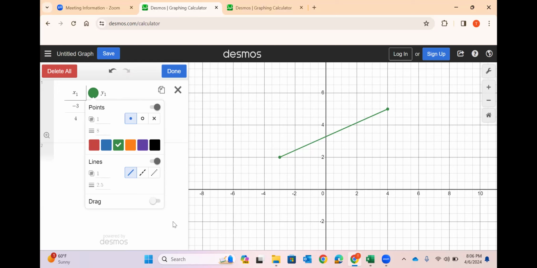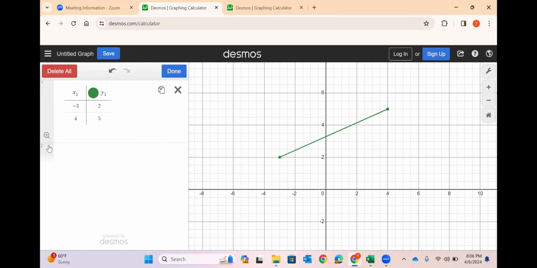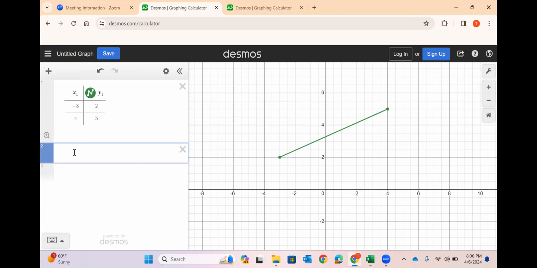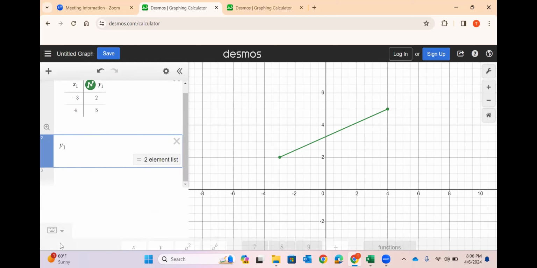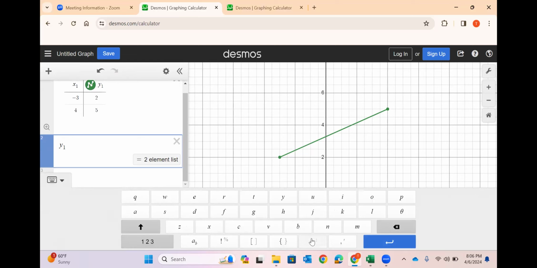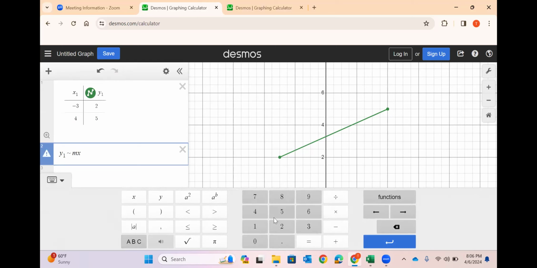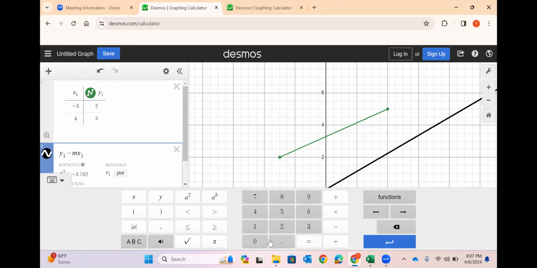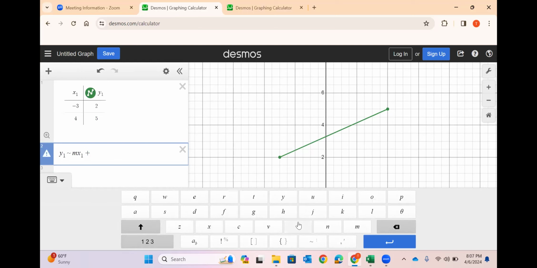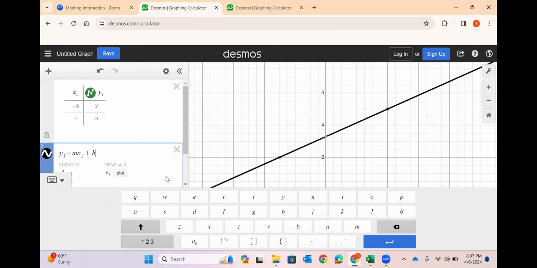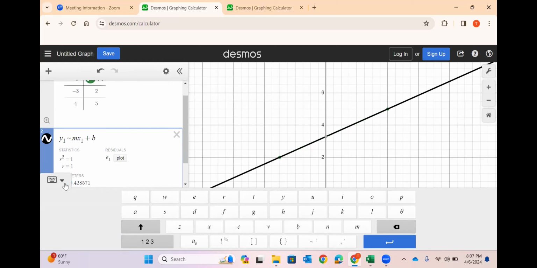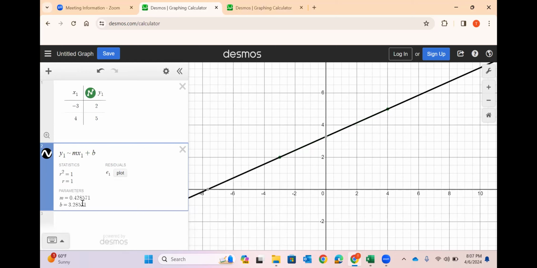So when I'm looking at that, let's go and click on the next line and we'll do Y1, change that to lowercase. And then I'm going to go to squiggle and then MX. All you have to do is hit the number 1 and it'll do a subscript and then plus B. So now it has drawn the whole line for you. Okay. So when I minimize this right here, you can see that it tells you the slope is